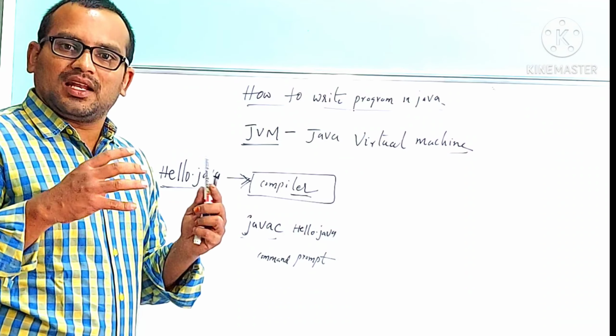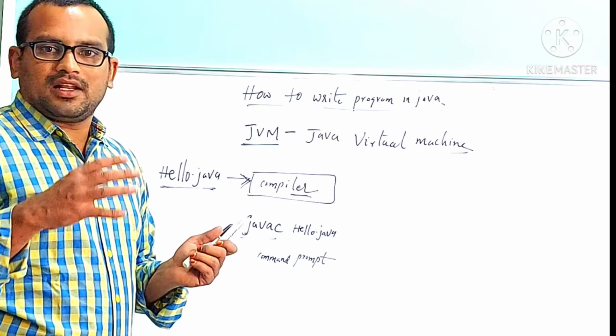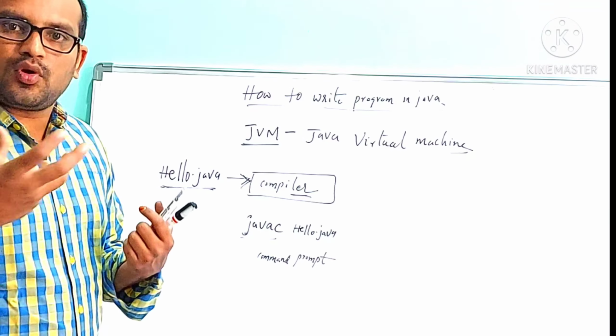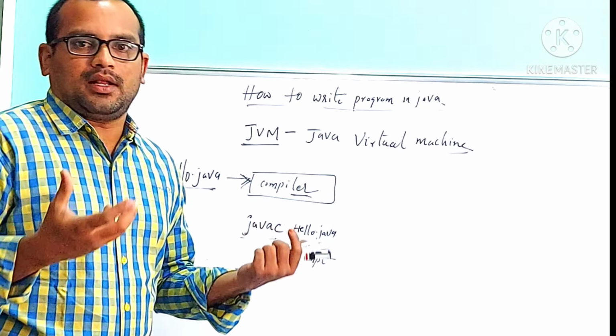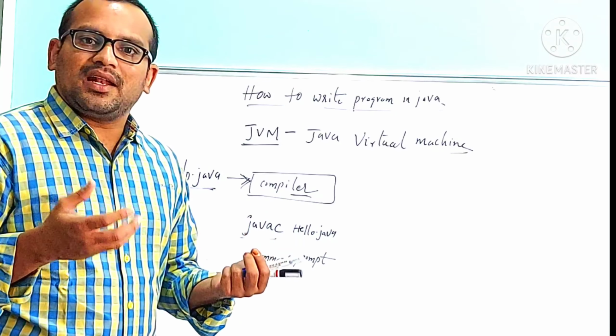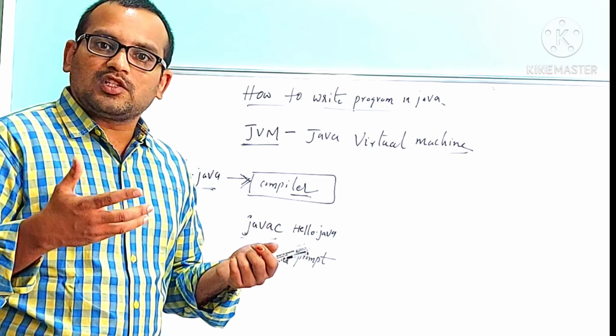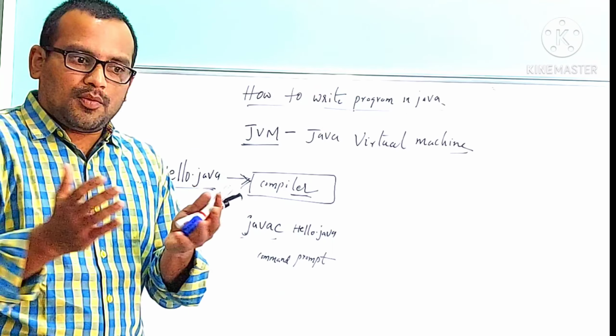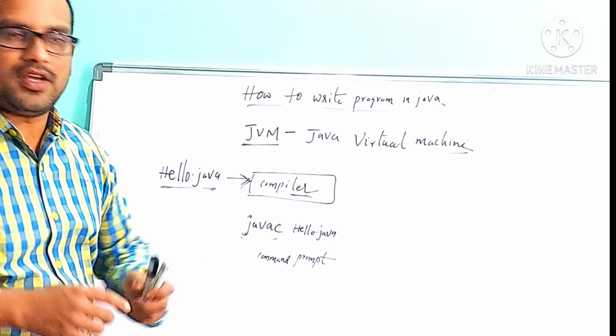If there exists any error, the compiler displays errors to the user. As a human being, we need to rectify the errors. When the program becomes error free, then the compiler, which is a translator that translates a program from one language to another language,